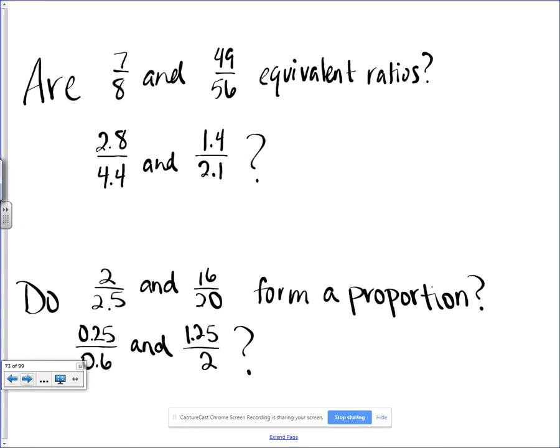Now, the first thing I'm going to ask you is, can you tell me if 7/8 and 49/56 are equivalent ratios? So if they are equivalent, that means they have to be equal to each other. Well, we just mentioned that the fraction bar means to divide. So if you go ahead and divide,